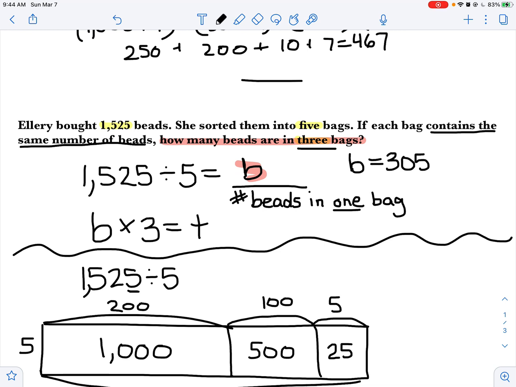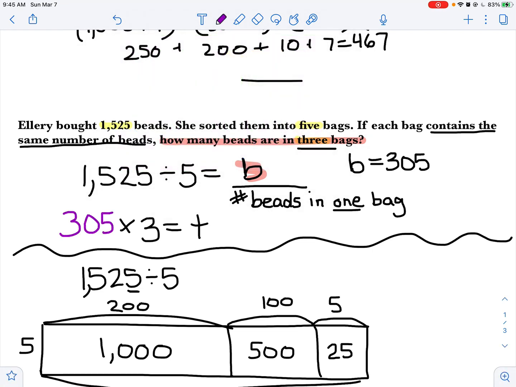Now that I know that there are 305 beads in one bag, remember, make sense of that problem. Know what the number you're solving for represents. These aren't just numbers we're dividing just because. These represent something in a story, and that's what's going to make sense to you in your real life. You're going to be doing this with real life, so you need to know what that represents. So 305 beads in one bag, but we want to know how many in 3 bags. So now I'm going to swap out this B for 305,